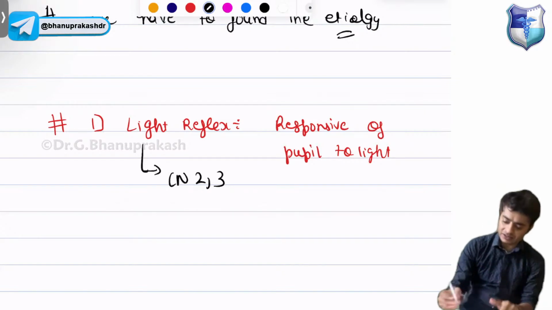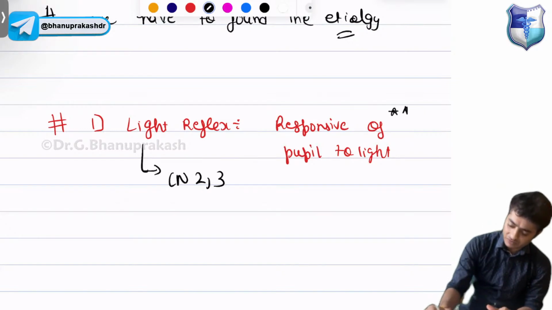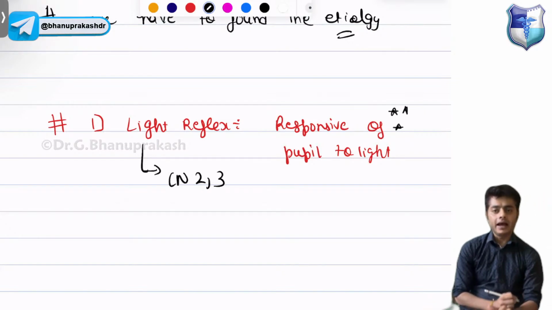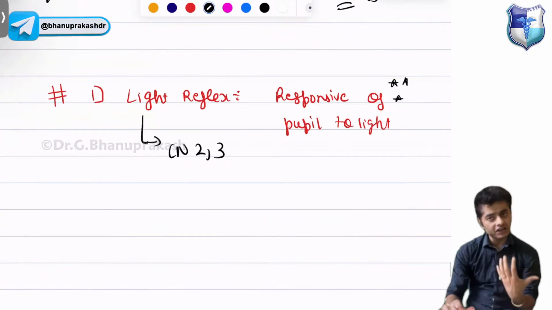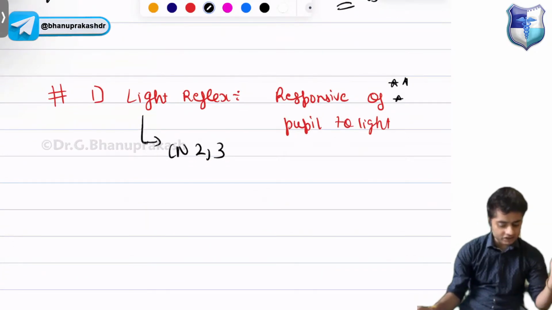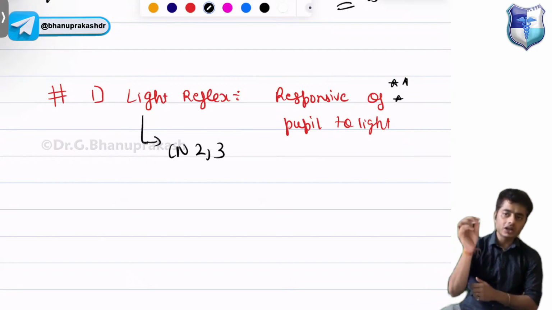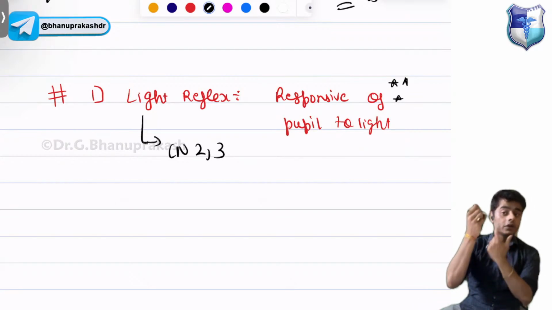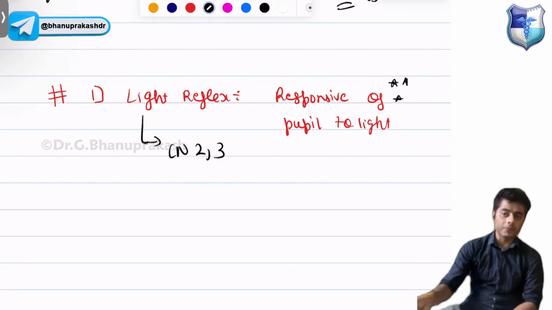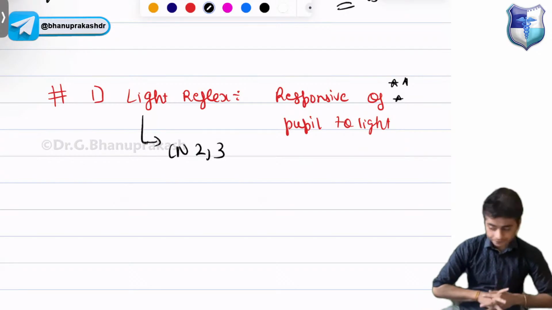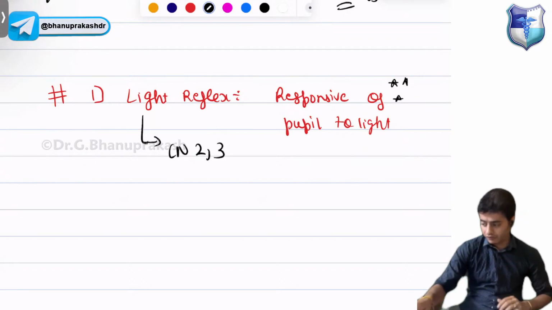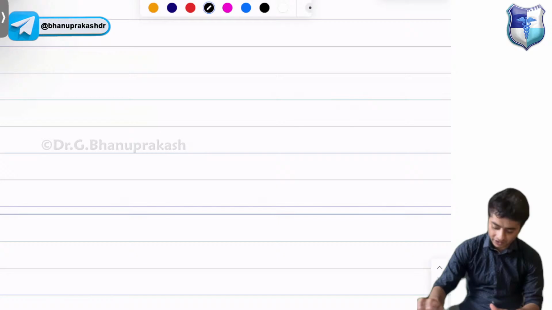So first we will do a light reflex. We will check responsiveness of pupil to light, and in these patients light reflex generally will be absent. Okay everyone, got this concept? We will take a torch and do a light examination on pupil. Then after doing light reflex, we will do